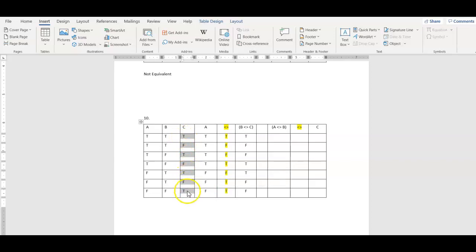Second sentence, we'll just copy the C column here. And then we'll do A biconditional B. So we have to look back over the A and B column. When they're the same, this gets true. When they're different, it gets false. Like that. If I did that right, let me double check quick. False, false, false, true. Okay, now we do the main biconditional here. True, false, false, true, false, true, true. Okay, now we compare columns under the main operator. Both true, both false, both false, both true, both false, both true, both true. So, since these are the same,